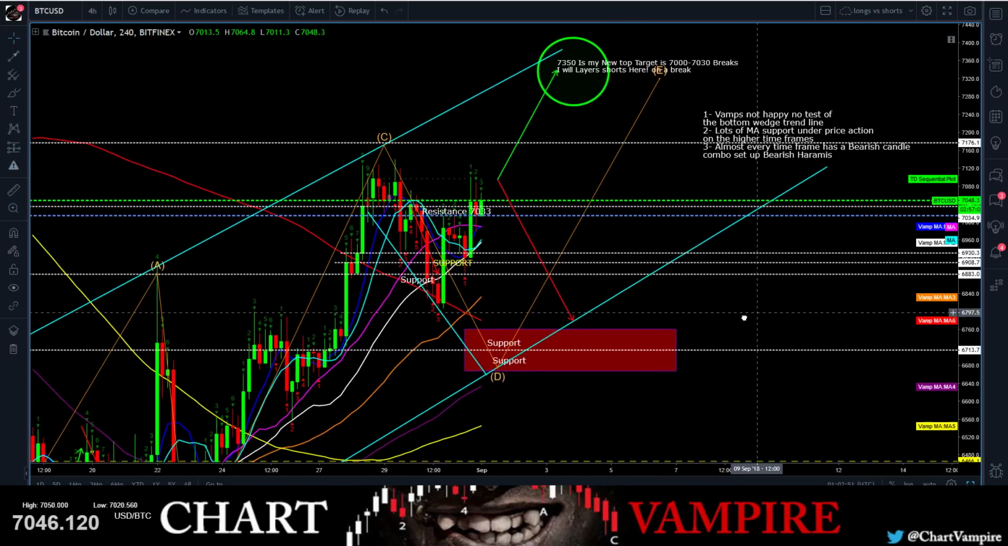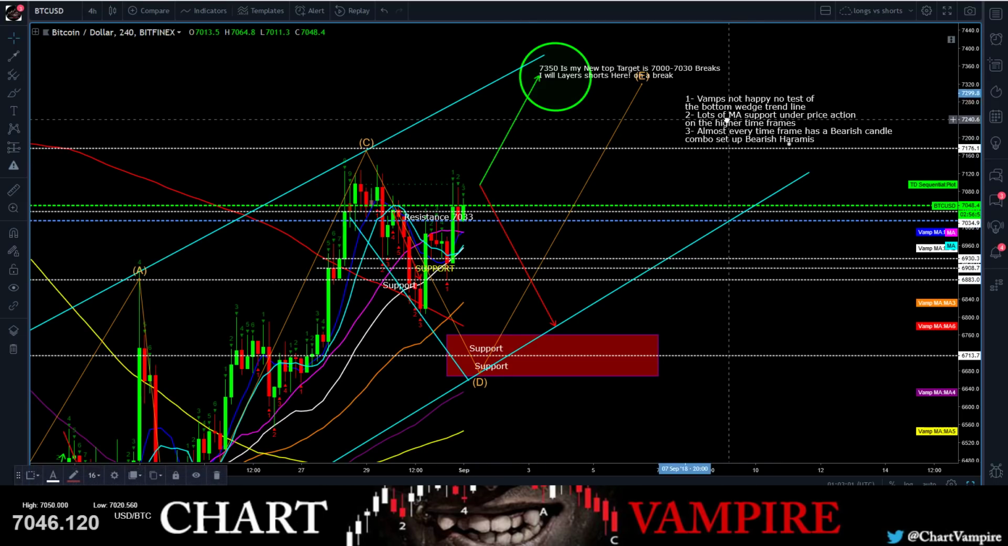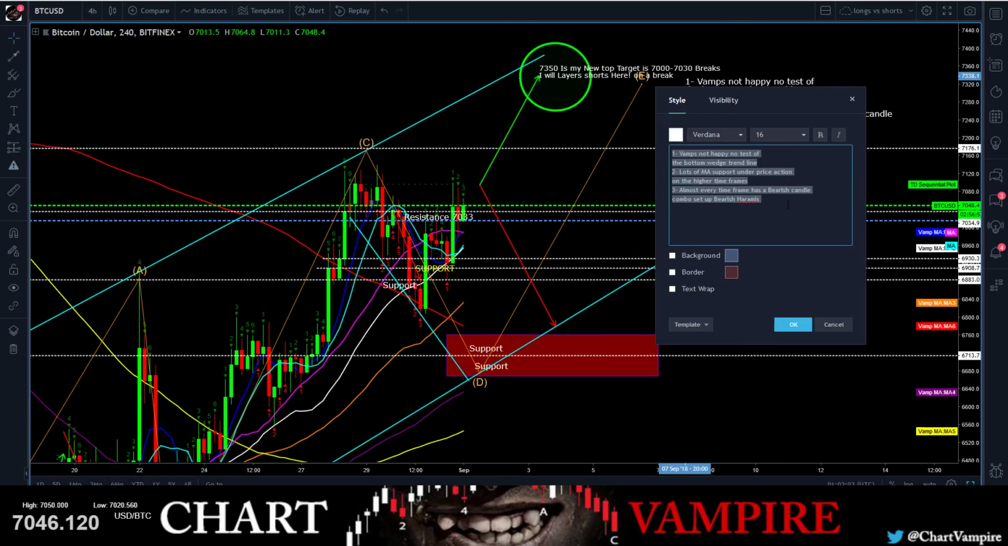I wish I had a better trading setup. Anybody got any questions? Anything else I can answer? This does look bearish to me. If anything, I am more bearish right now. I'm sitting bearish. I don't like this. So I would like to see this test the wedge